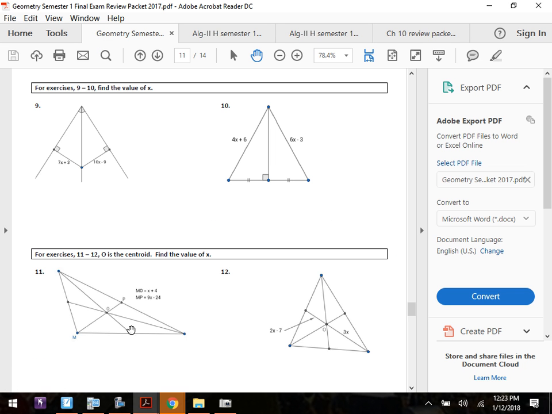The answer is 1 on that. Centroids. Centroids were the ones that took us the longest to figure out because they had the weird